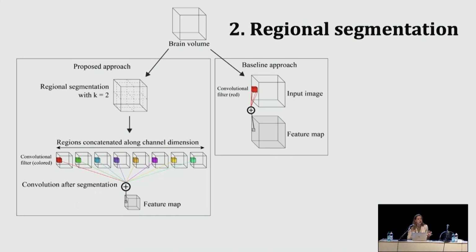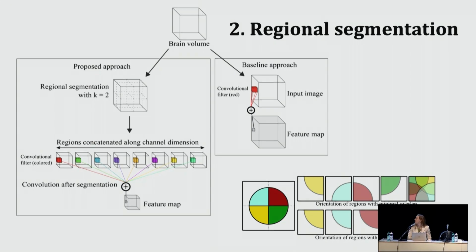So we start with this 3D brain volume, and we're going to segment it with 2 planes as our input. When we make 2 splits in a 3D volume, we end up with 8 different regions, which are represented in these different colors here. So when you do 2 splits, that essentially creates 8 new little input regions. Whereas a baseline doesn't do that split and shares the whole filters across the entire image.